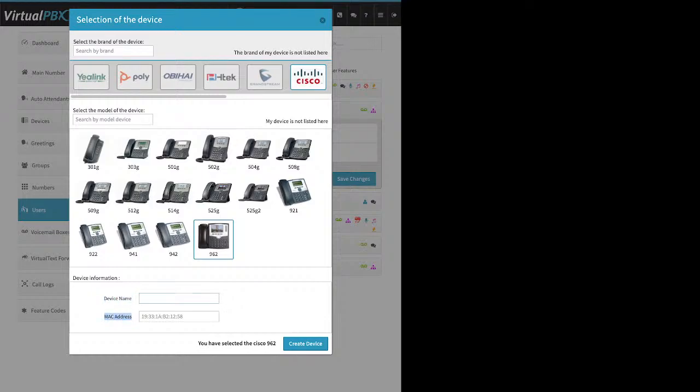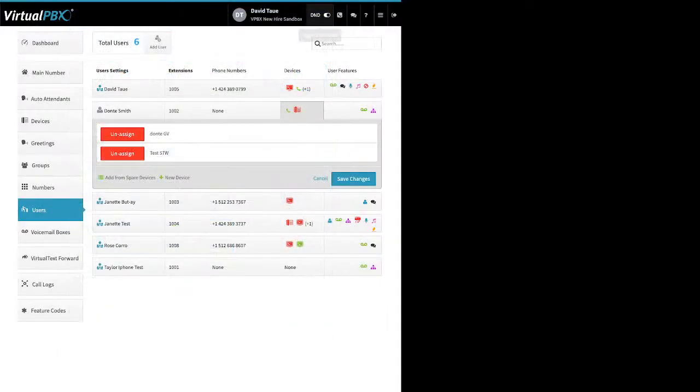then enter the MAC address. This is typically a sticker on the back of the phone. If the phone's plugged in, under status settings or basic settings, you should be able to find that here. Enter it here, and then click on create device, and then click on save changes. All right, you'll want to come back here,